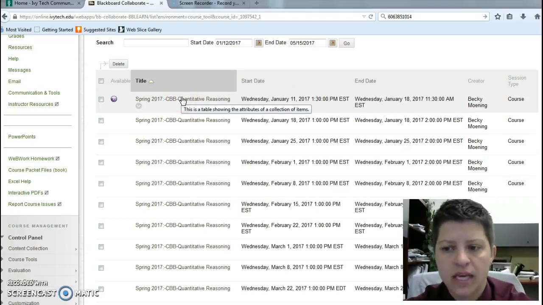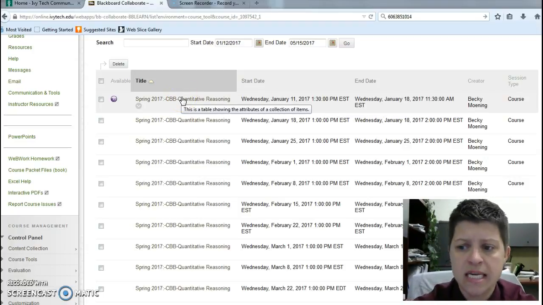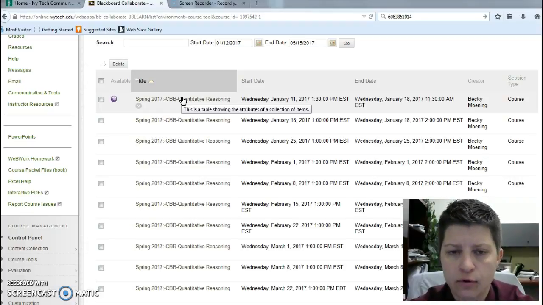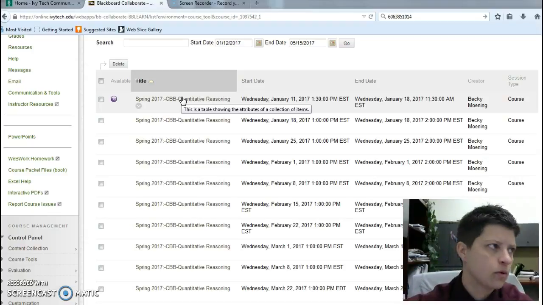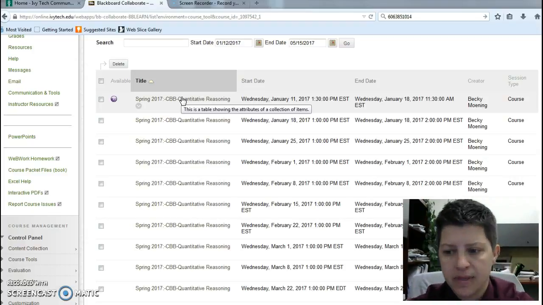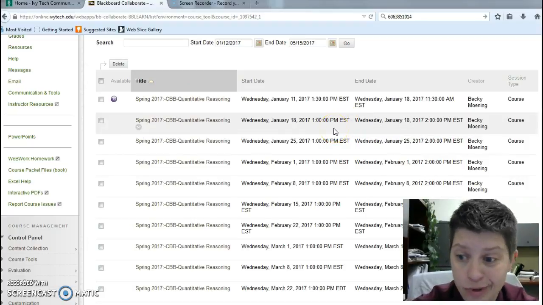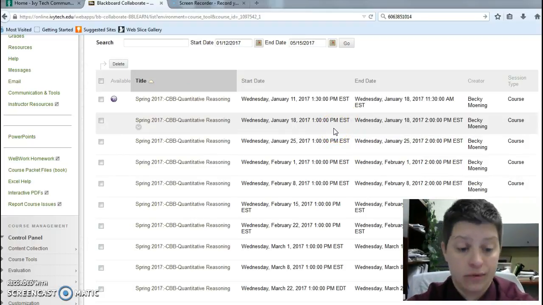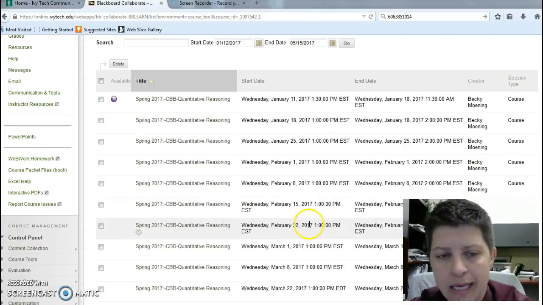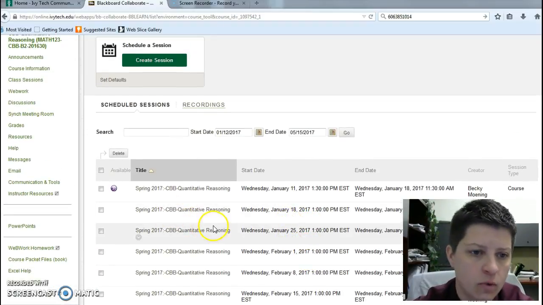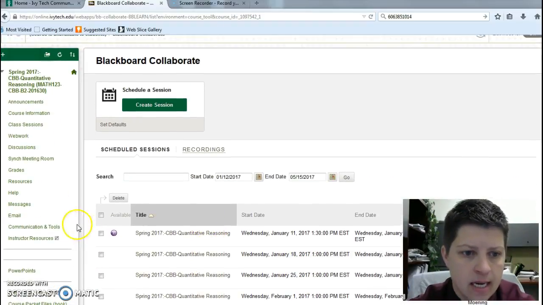That way you can get your computers set up and practice, see if your camera works, your headphones, your microphone, whatever. That will help you be ready for next Wednesday's session, because I'm going to start with all of the syllabus information, and you don't want to miss some of the important information at the beginning because you can't get in. So do that before Wednesday's class.